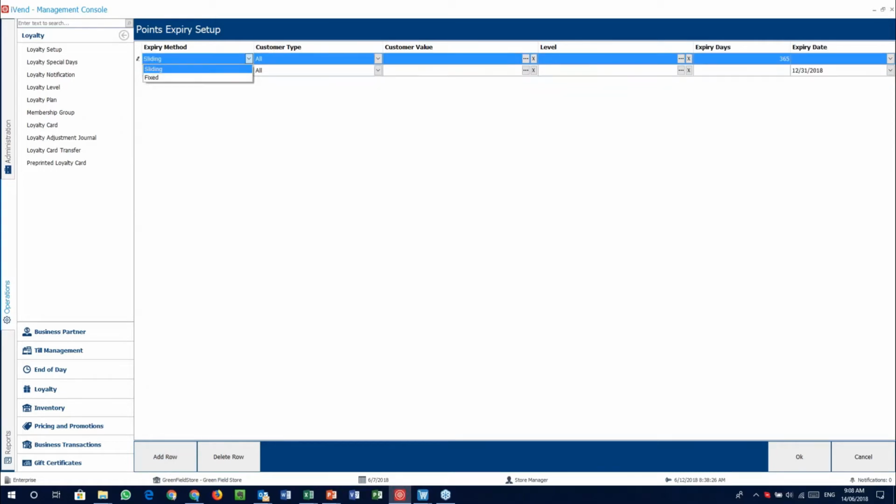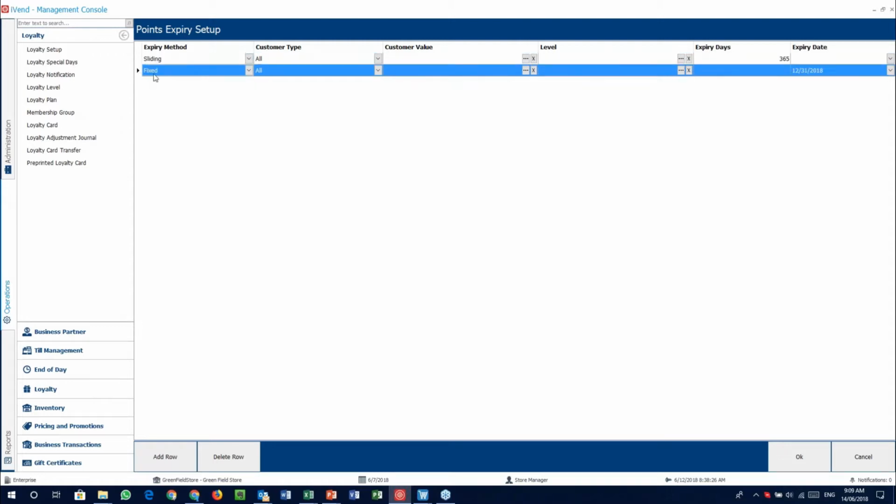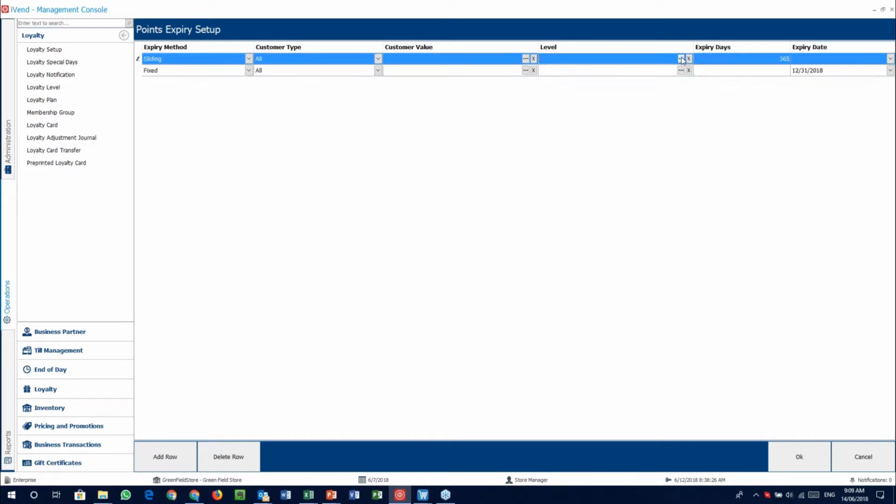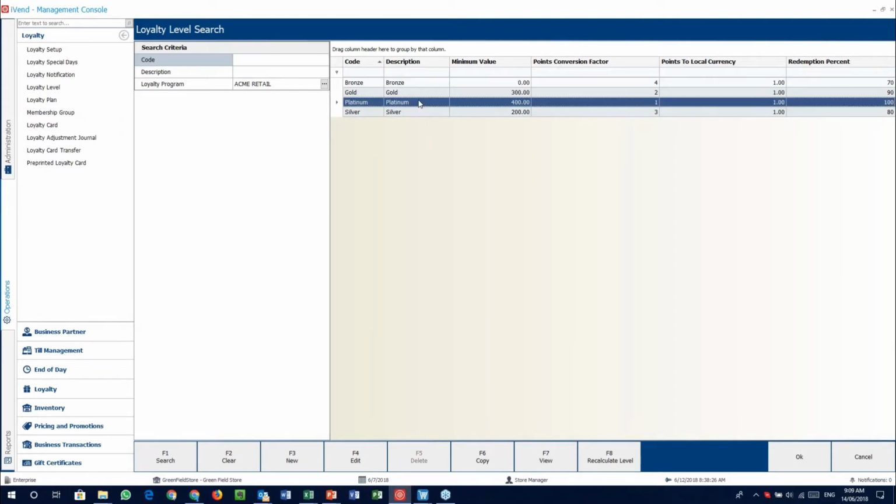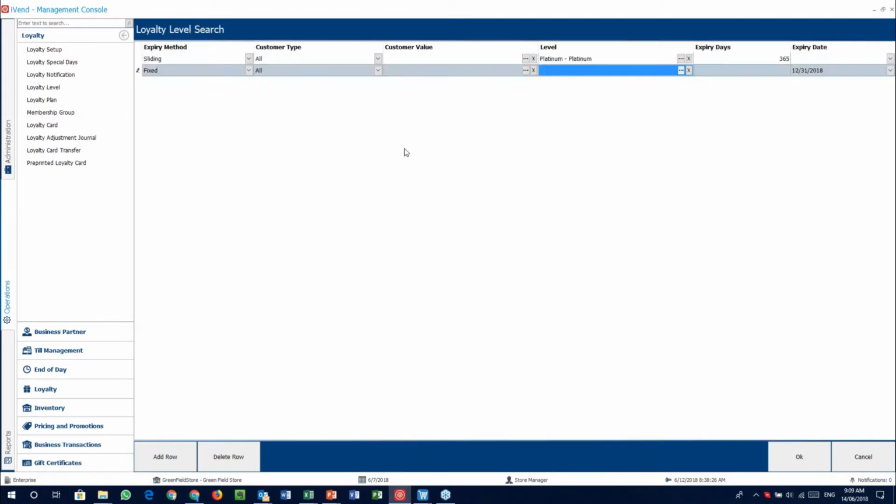row, and what I mean by sliding is that you've got 365 days from the point of purchase, so from when the customer buys something to when the points expire. The other one over here is the fixed expiry method, which is that it all expires at a certain date. And you can also point out that you can have different customer types or different customer levels. So for instance, this over here might be my platinum level, whereas on my bronze level,